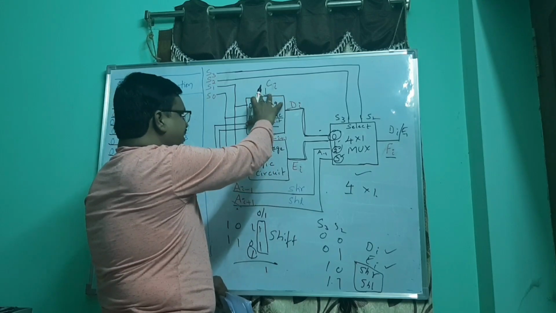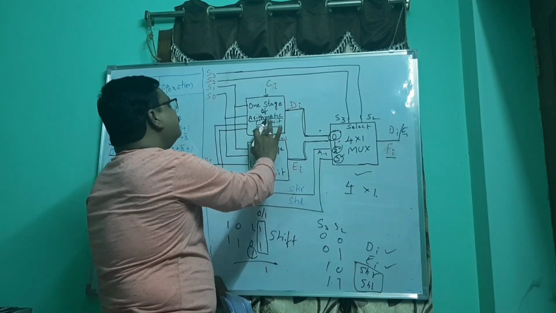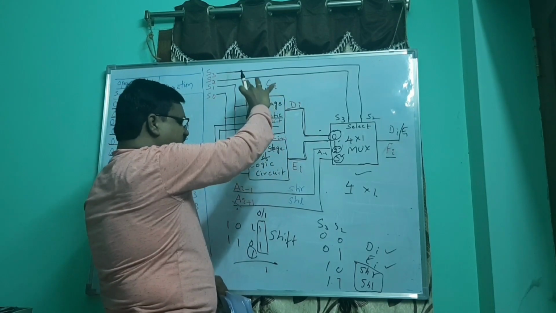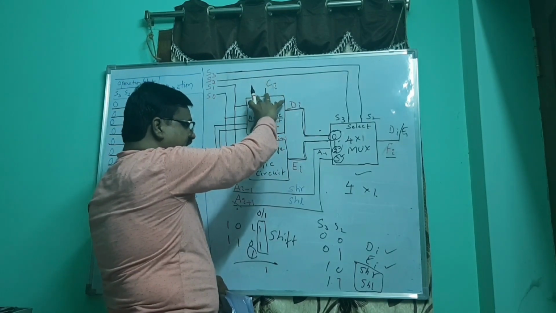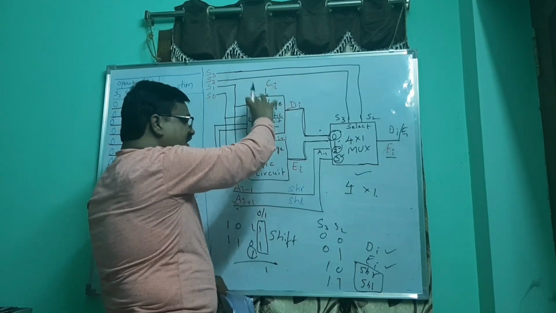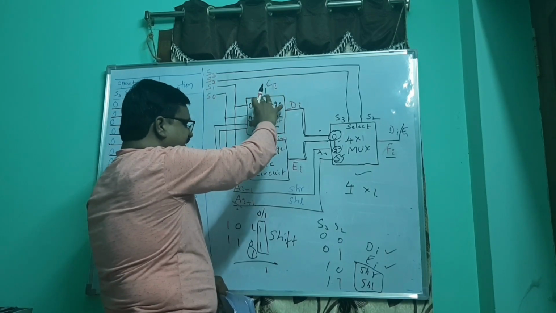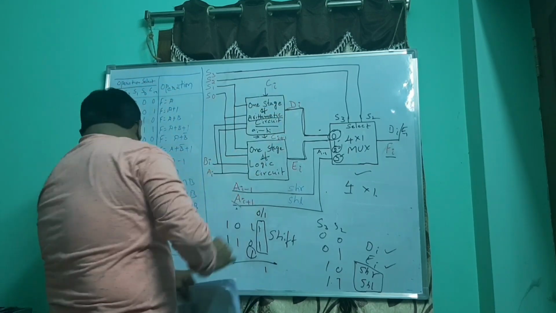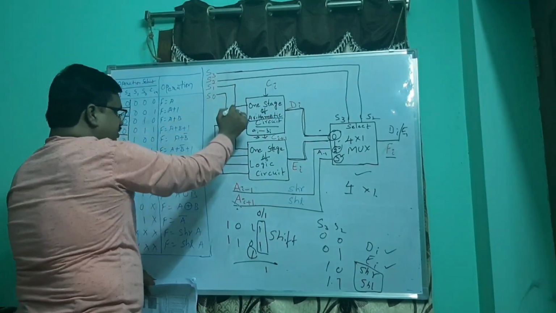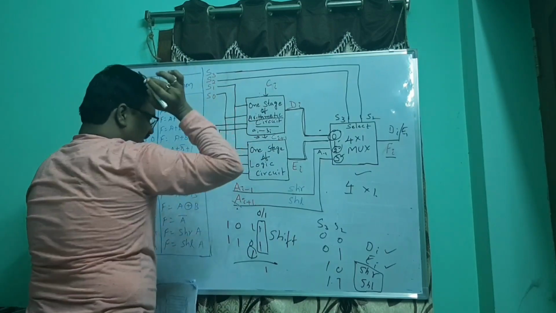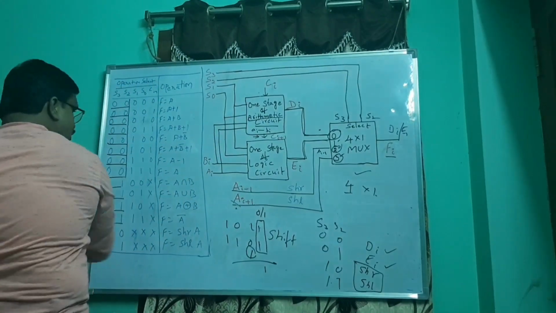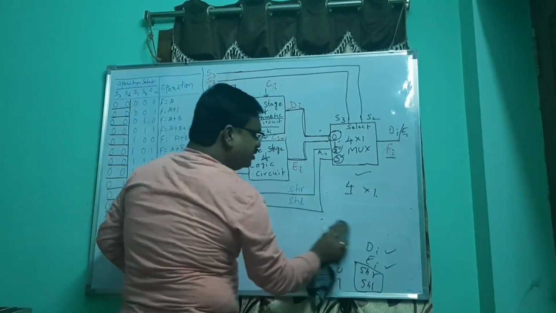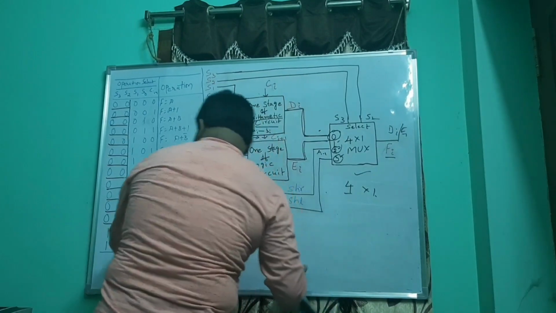If it is meant for addition, it is added. If it is meant for subtraction, it is subtracted. But whether it is performing addition or subtraction, increment, decrement, transfer, add with carry, or subtract with borrow, what operation it performs depends upon the select lines S0, S1 and the Ci value. That is how this box is going to work as the arithmetic circuit. How it is done, we will check from this.